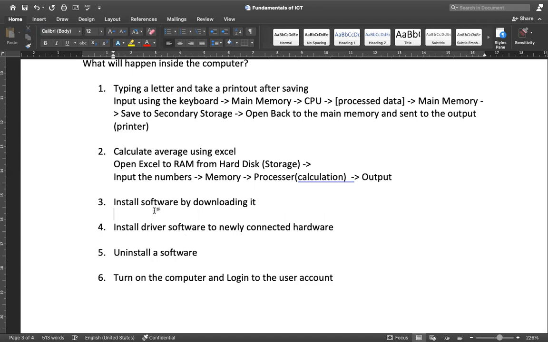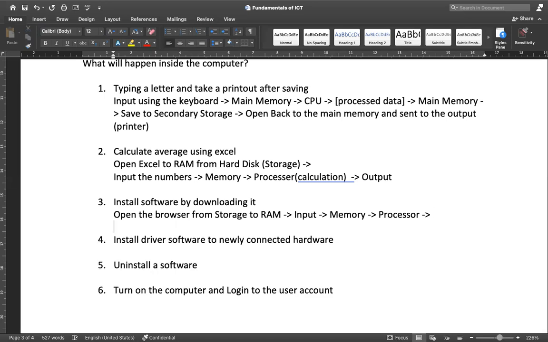Installing software by downloading it. First the browser will load from storage to RAM, then input, and inputs will go to the memory, and that will go to the processor, and the processor will understand that, and according to the command, the downloading will happen. So basically down